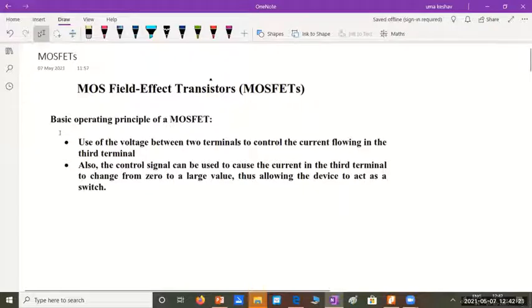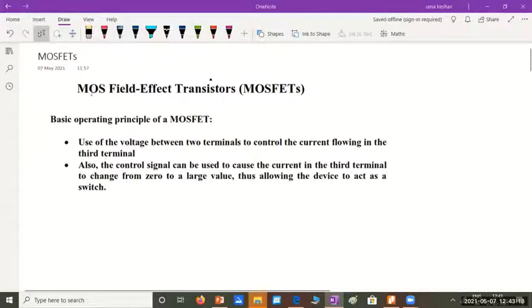MOSFETs also you have studied in your ED? Okay, in ED you have studied MOSFETs. You've studied all the construction, configuration and all that, right? Yes, ma'am. Okay, then very quickly, this will be a revision session. This half an hour, we'll just try to revise what we know about MOSFETs. Tomorrow, we'll start off with biasing, and then next class, the equivalent model of MOSFETs. Like how we got small signal equivalent model for BJT, same procedure we'll follow.